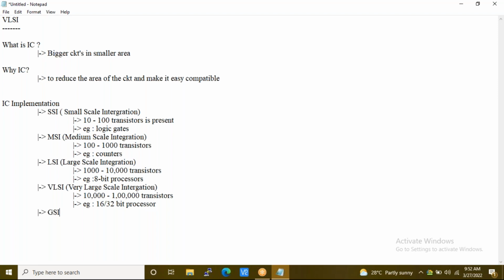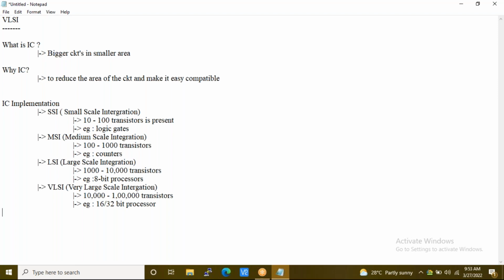Okay, so later on there will be multiple technologies coming into the picture. Like one of our friends said, ULSI, GSI, and also multiple others, based on the number of transistors, as the scaling of transistors into a smaller area keeps increasing.